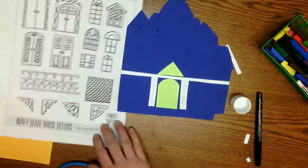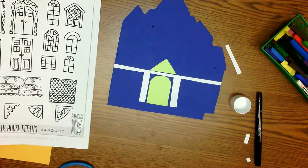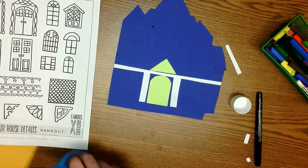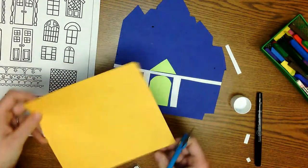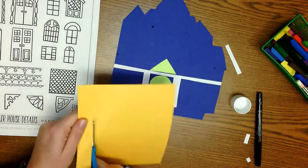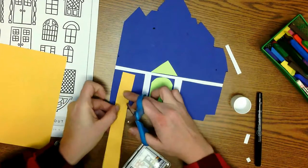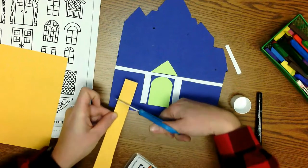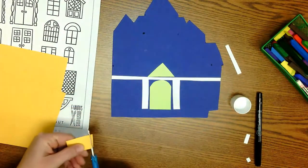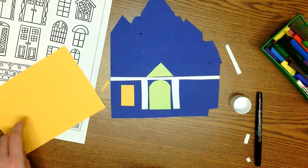So now I can start taking a look at my windows and some of my gables. So I'm going to be using yellow paper for my windows, and I'm just going to cut it into a strip, and then I'm going to measure kind of how big I want it to be. So I'm going to have one window there. I'm going to clean up my cut right there,